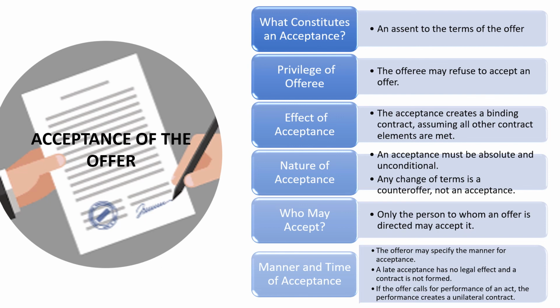It's referred to as the mirror image rule because the acceptance must reflect, like a mirror, exactly what was offered. As we just discussed, if the offeree changes anything about that offer, it terminates the offer. It's a rejection of the offer. Their change constitutes a counteroffer, and their counteroffer is a new offer. So in order to avoid any of that, the offeree must make sure that their acceptance is a mirror image of what they were offered.